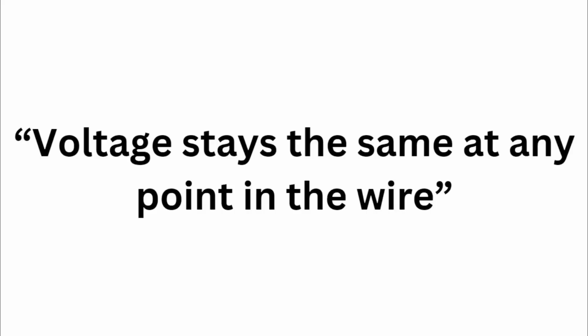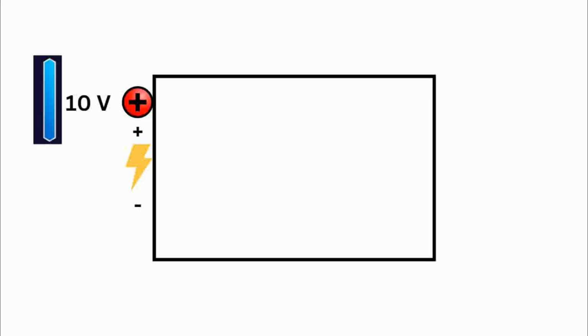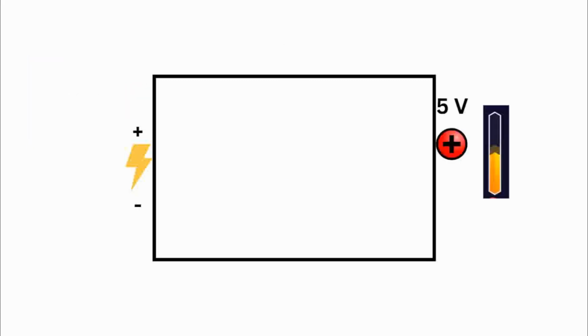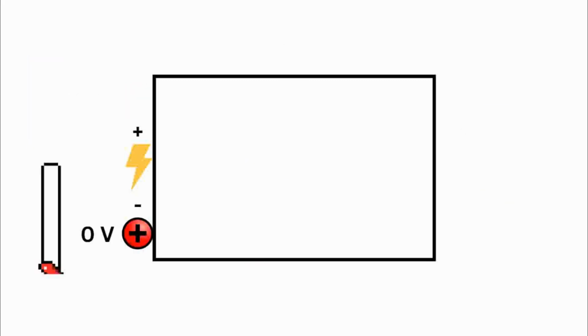And there's also a saying that voltage stays the same at any point in the wire. And you might be thinking, that kind of contradicts what you taught us a while ago, right? Because, a while ago or last video, I taught you guys that voltage of the charges going through a wire will drop, right? It starts at the battery, and along further it goes, the voltage drops. So why is this saying true?